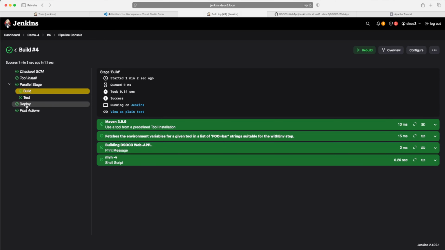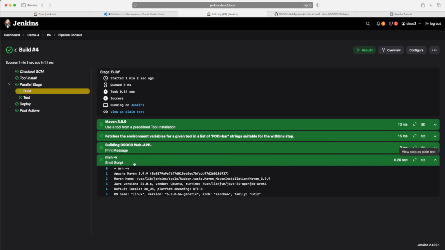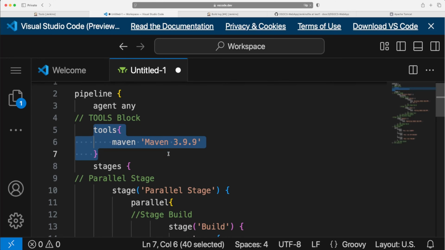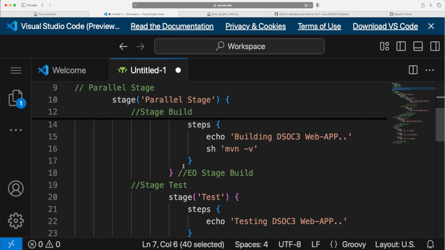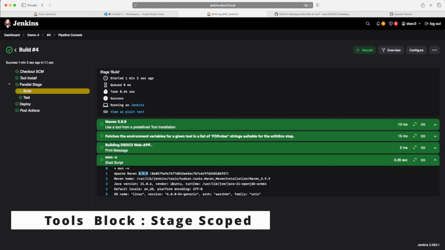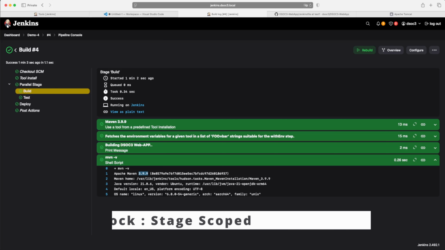If I click over here, I have defined the Maven in build stage, right? But basically both are going to execute in parallel, that's why it's showing like that. But this is a simpler way to see, and it says Maven 3.9.9, right? So this is one of the ways to use the tool. Additionally, one more thing, the confusion arises over here, and that is because,